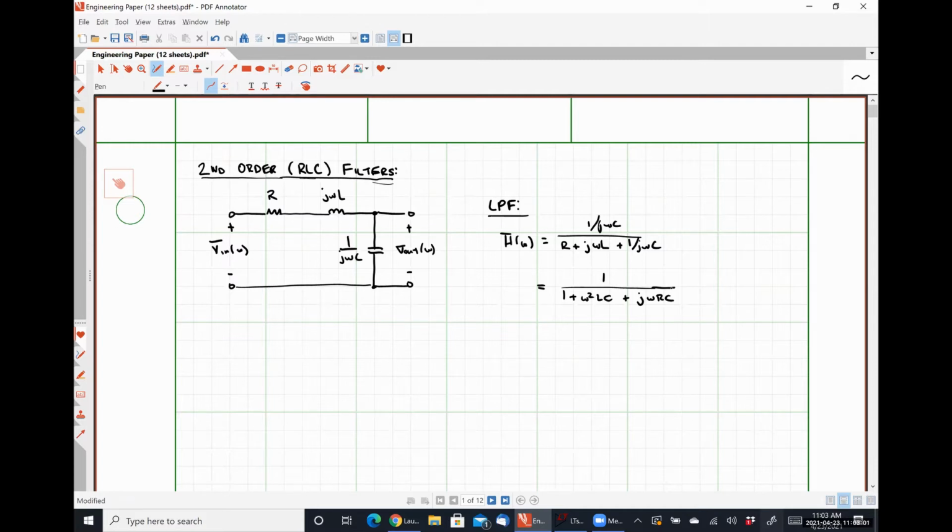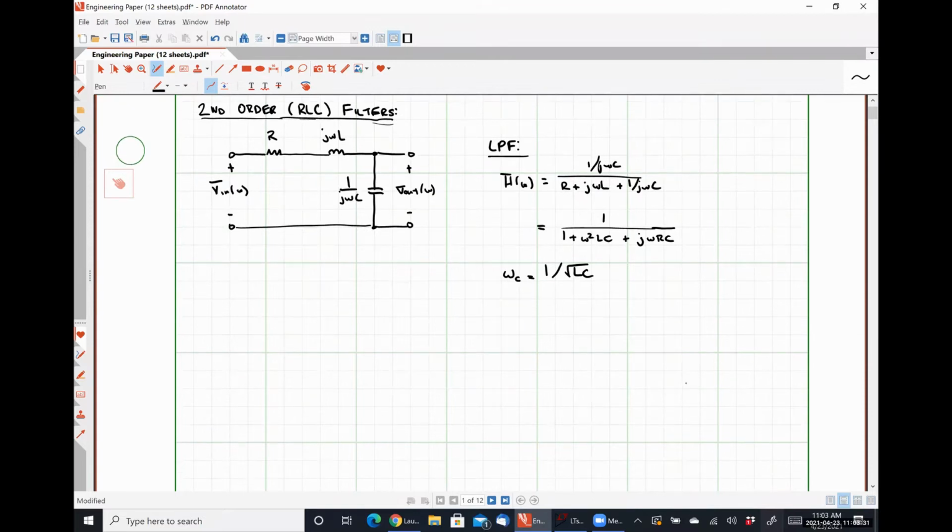Not going to give you guys an equation for the frequency response or the phase response because you can get it from this fairly easily. I will tell you, however, that the 3 decibel cutoff frequency omega C is 1 over the square root of LC. So if I give you guys a homework problem, I feel like that's probably enough information on there. So moving along,